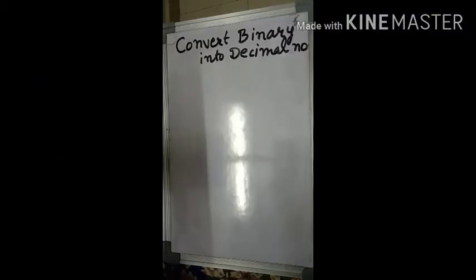Here we need to convert the binary number into a decimal number. There are three simple steps again for this process. First, you need to multiply all the binary digits with the multiples of 2. Second, increase the power of 2 one by one, starting from the right hand side. Then in the last step, we have to sum up all the products to get our decimal form.